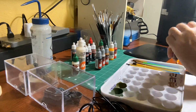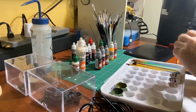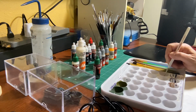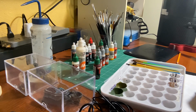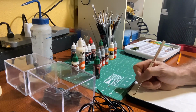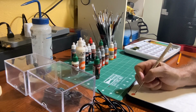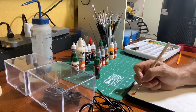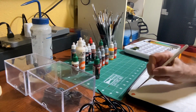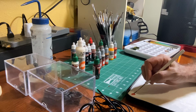Okay, there's 50 shakes. I'll put a drop of it here. I should label this. Very viscous, just like blood. And I'm going to stick my brush down in there, and then I'm going to put it on the wet palette. Thin it up. Get a little more. Probably don't want to use the wet palette too much. I probably want to leave it pretty thick. Because blood is thick,